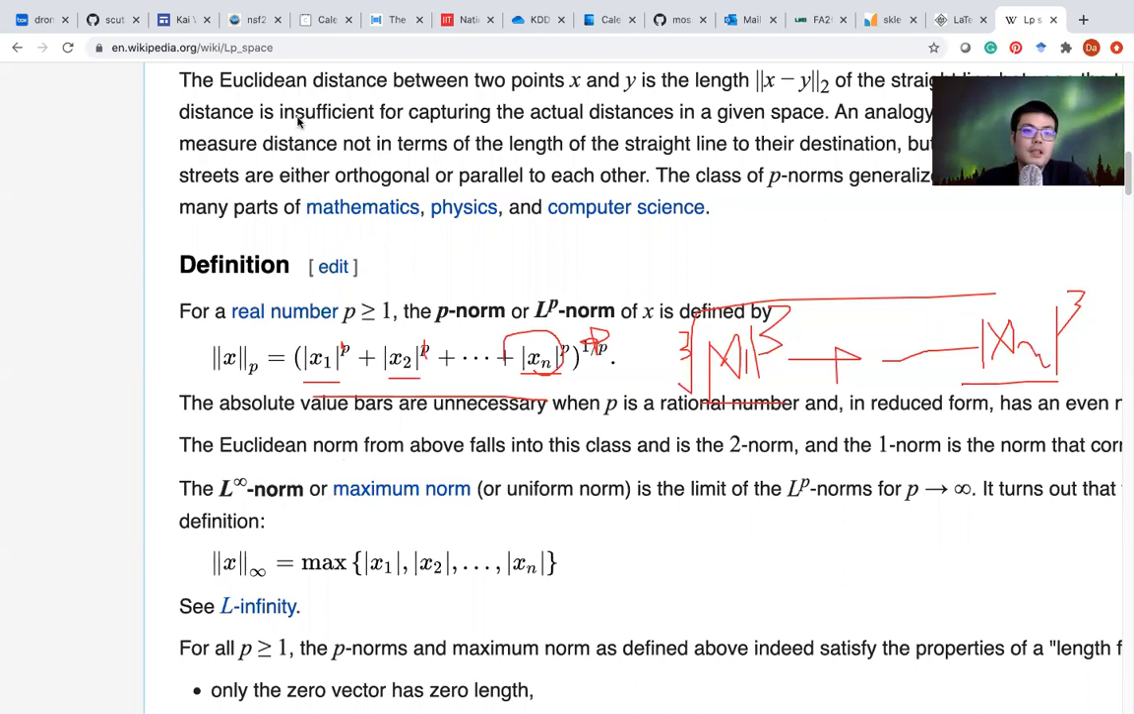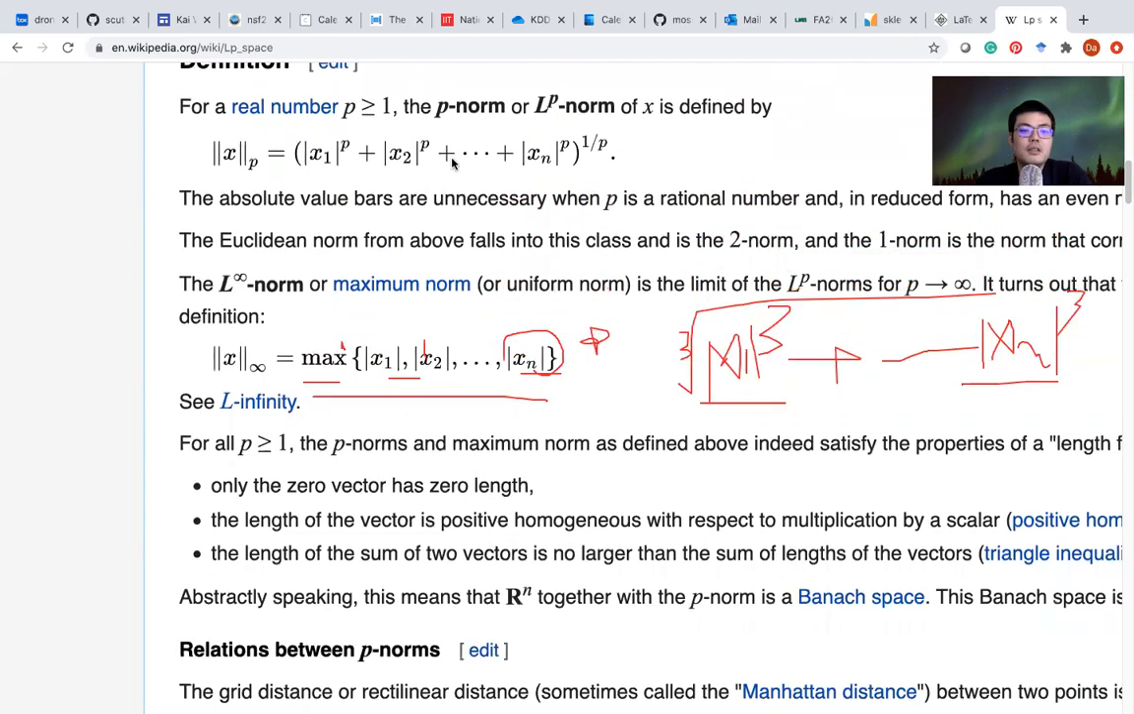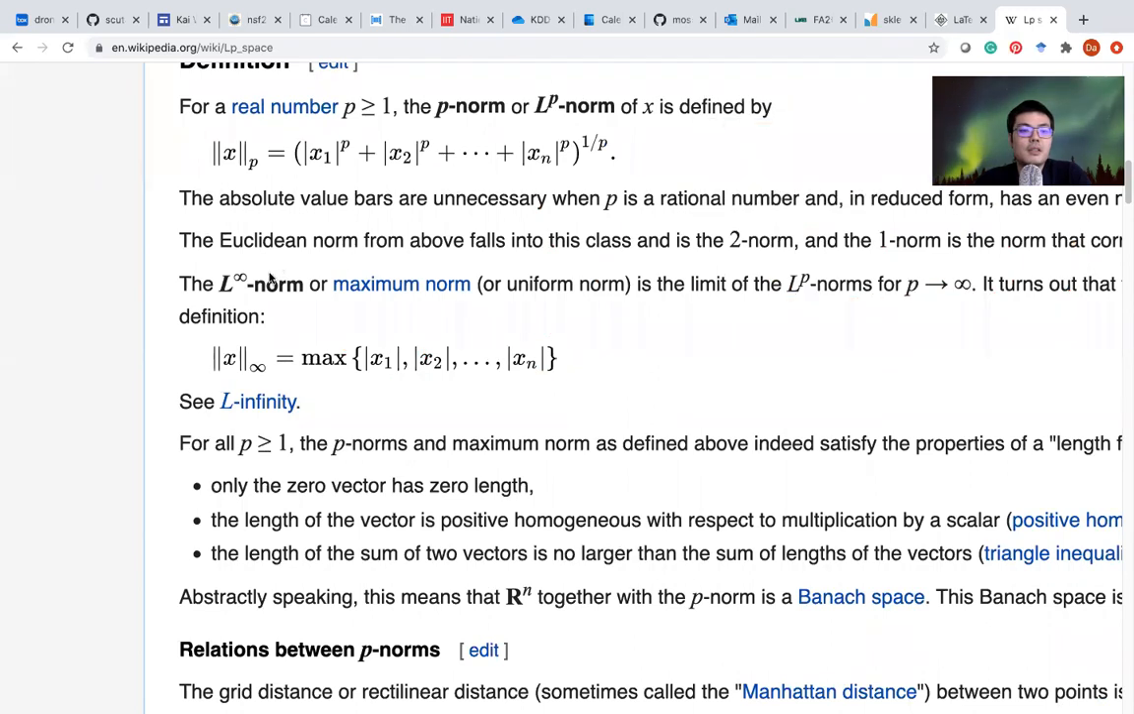The other very popular norm is called the L infinity norm. The L infinity norm basically takes the maximum absolute value among the elements. The L1 norm is like a Manhattan distance: if you are here, it's like x plus y. So for L1, if this is all 1,